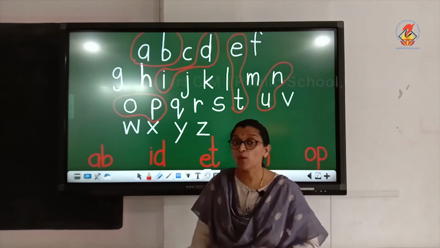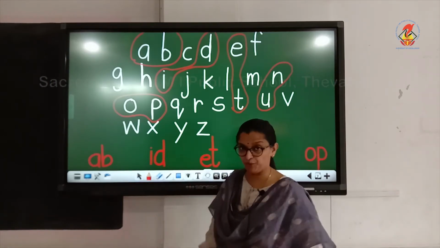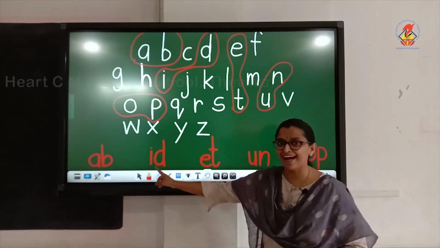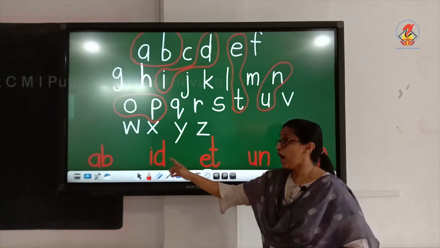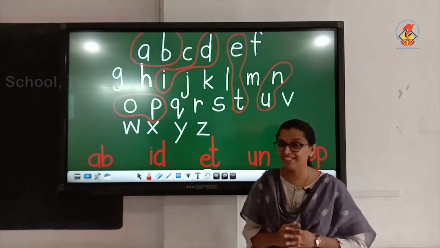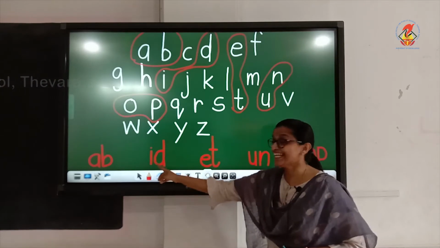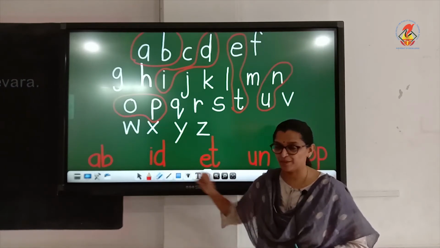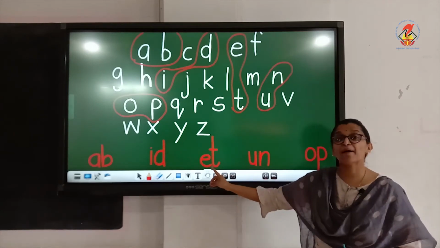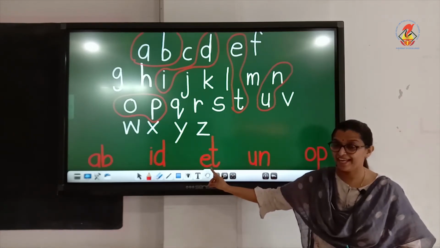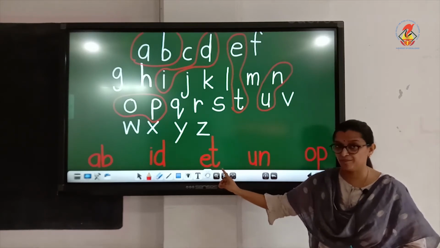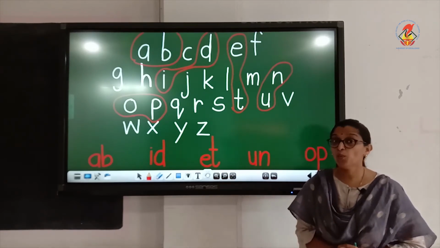Now let's see what was the sound of the second group. The second group said, I am letter I, and I am letter D, and together we make id. The third group said, I am letter E, and I am letter T, and together we make